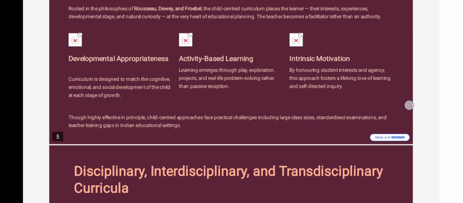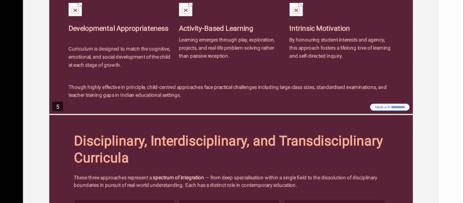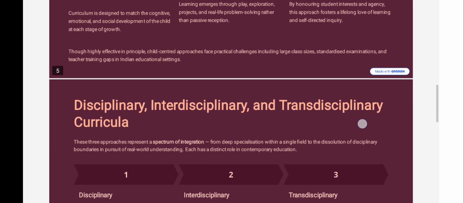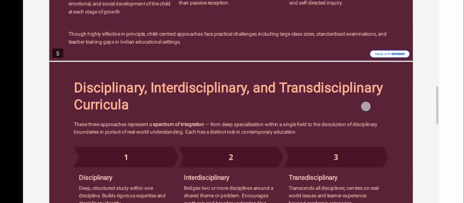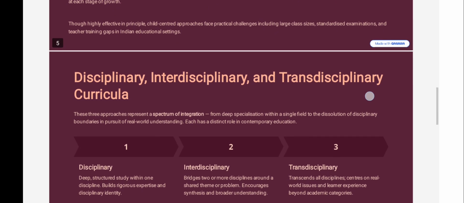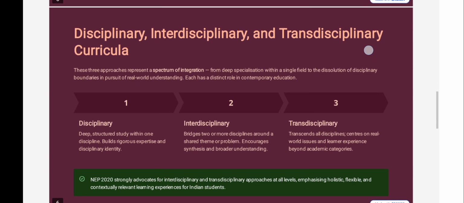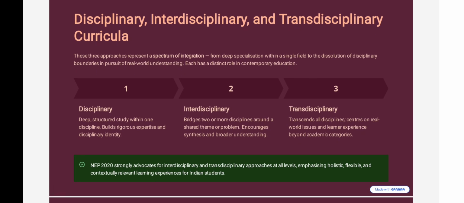Though highly effective in principle, child-centered approaches face practice challenges, including class size, standardized examinations, and teacher training gaps in the Indian educational setting. Disciplinary, interdisciplinary, and transdisciplinary curricula.